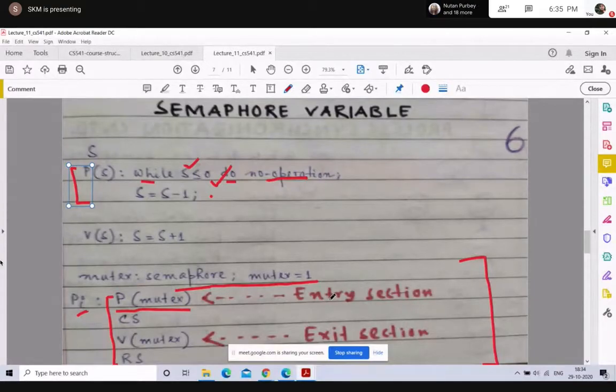Only when the first process comes out of the critical section and executes the V mutex statement will the other processes be able to enter the critical section.